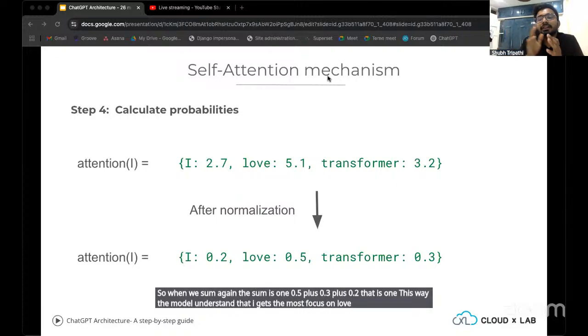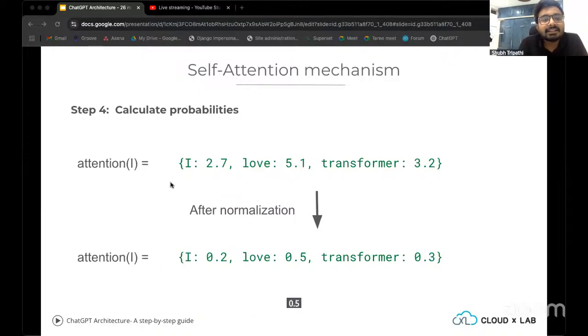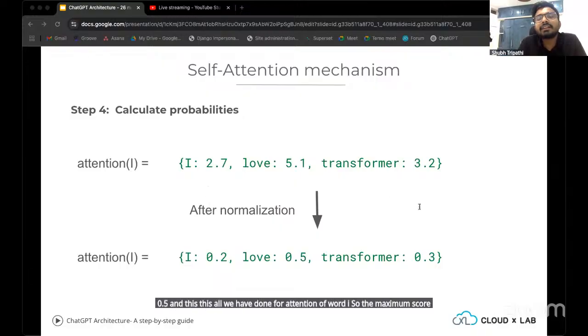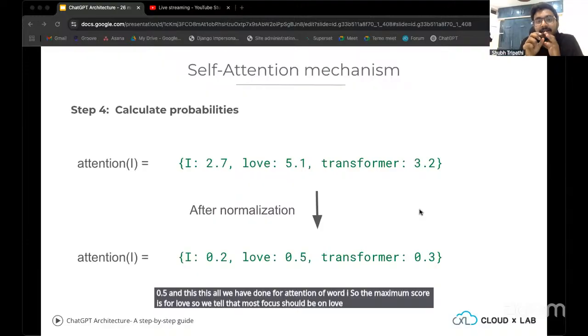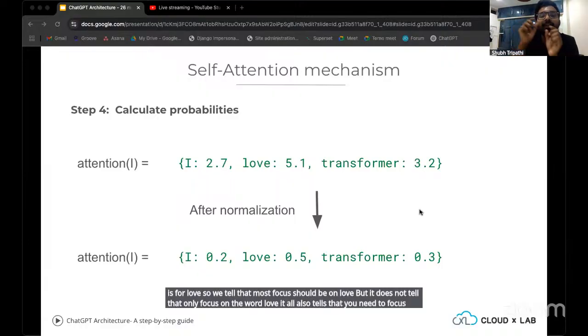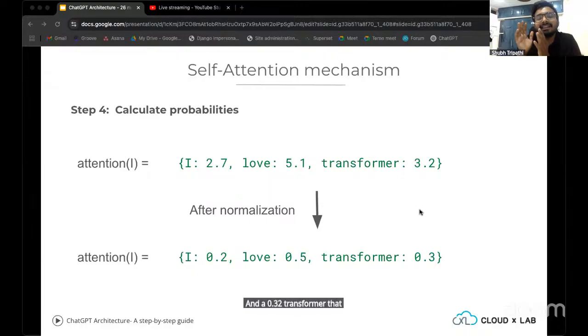This way, the model understands that I gets the most focus on love compared to the word transformer, because the love score is 0.5, and this is all we have done for attention of word I. The maximum score is for love, so we tell that most focus should be on love, but it does not tell that only focus on the word love. It also tells that you need to focus by a magnitude of 0.5 to love, and 0.3 to transformer. That means slightly less you can focus on transformer, and the least you can